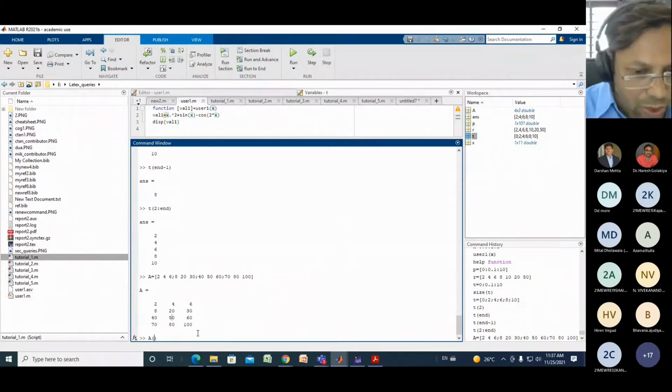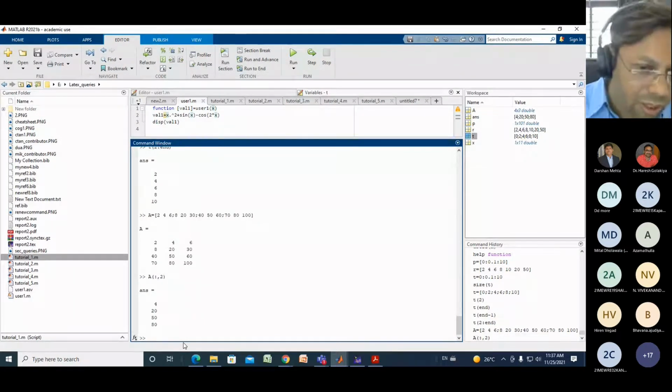Okay, so I will show you how you can write it. For example, if you want to pick up a second column, you need to pick up first in MATLAB. It works with a row and column, so your first character should be the row. So for the second column, I first need to extract all the rows. For all rows you can write a colon operator, and the second element is the column. So it will be 4, 20, 50, 80. Right, so this will pick up the second column.